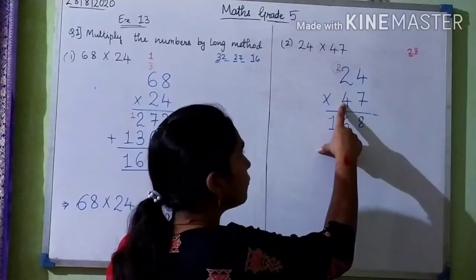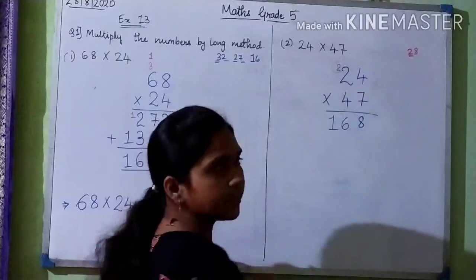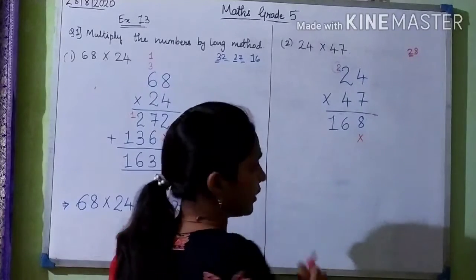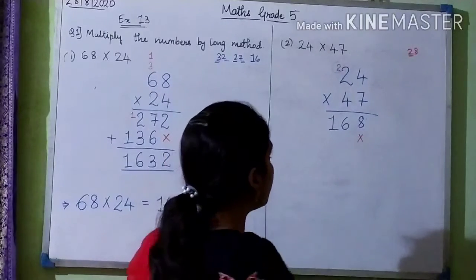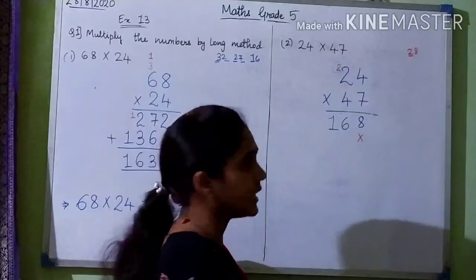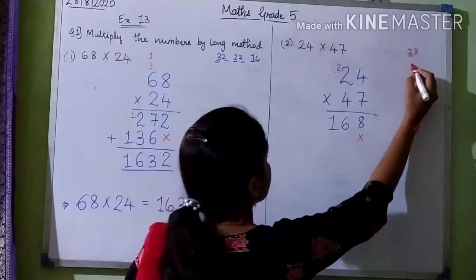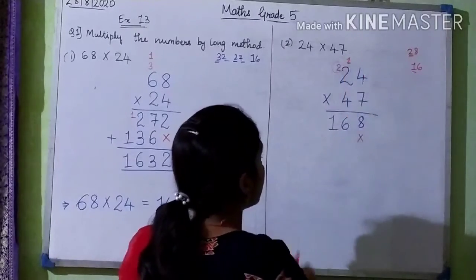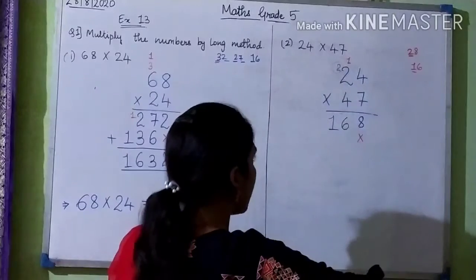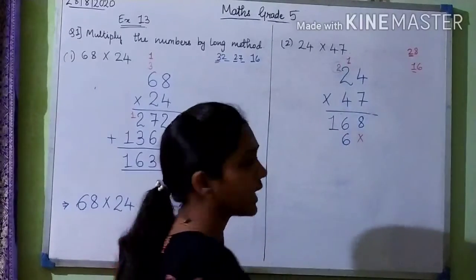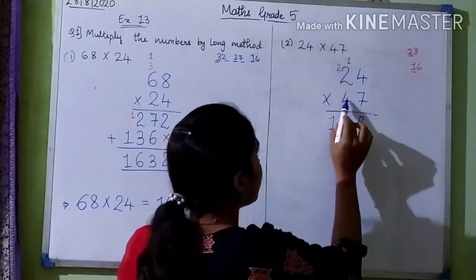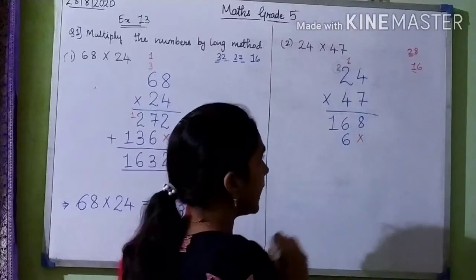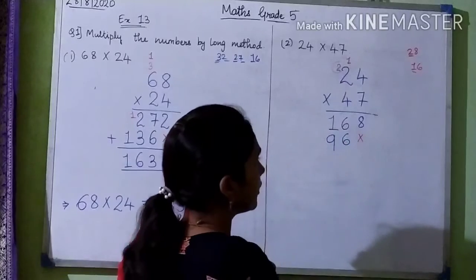Now I have to multiply 4 by 4 and 4 by 2. So before that I have to put a cross sign here. Okay, so 4 into 4 is what? 16. So how do I write 16? 16 is a 2-digit number. This 6 I will carry up here. 1 I will write up and 6 I will write down. So that will be 16. Now I multiply 4 by 2. So 4 into 2 is 8 and 8 plus 1 is 9. So I write 9 here down.